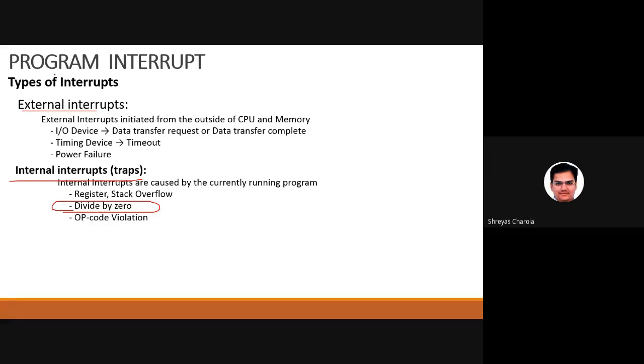External and internal interrupts. When you connect a USB pen drive also, there will be a pop-up window on your laptop asking do you want to open it or not. If yes, open it. So that is also what we call an interrupt. Okay, this is a kind of software interrupt. Switching the mode to the supervisor mode allows the execution of a certain class of operations which are not allowed in the user mode. I think that is okay.